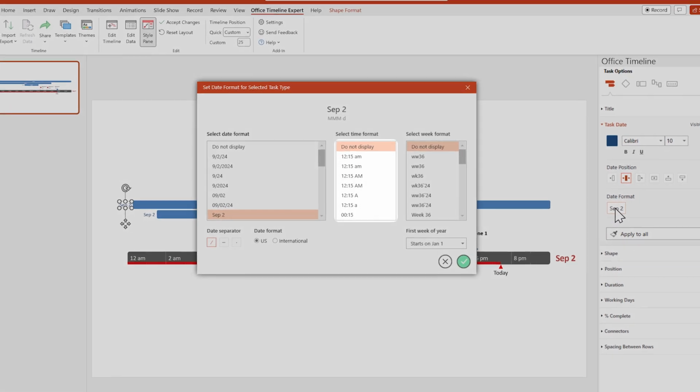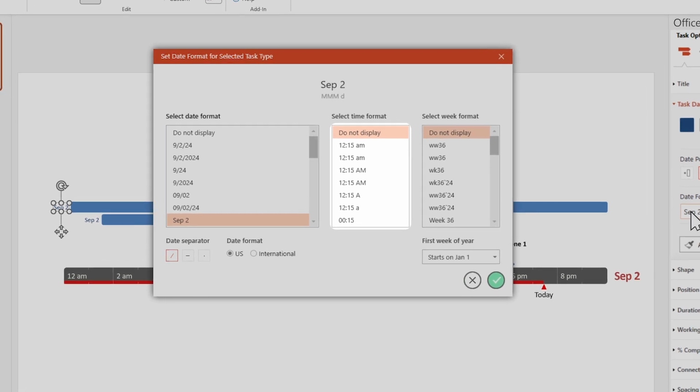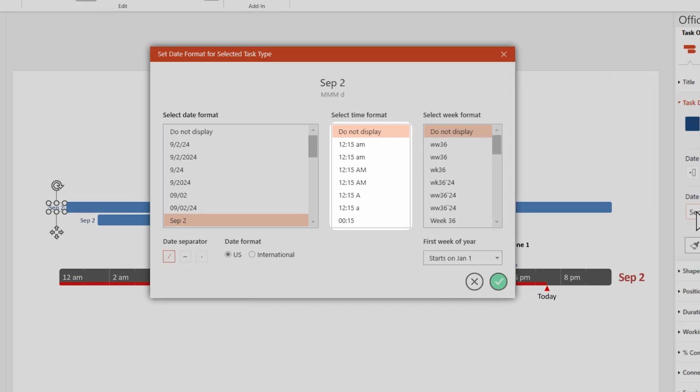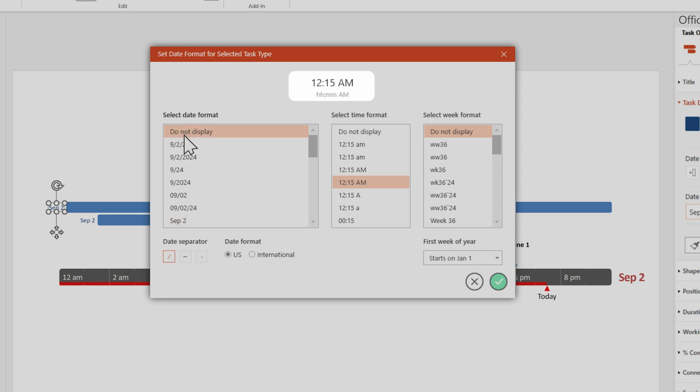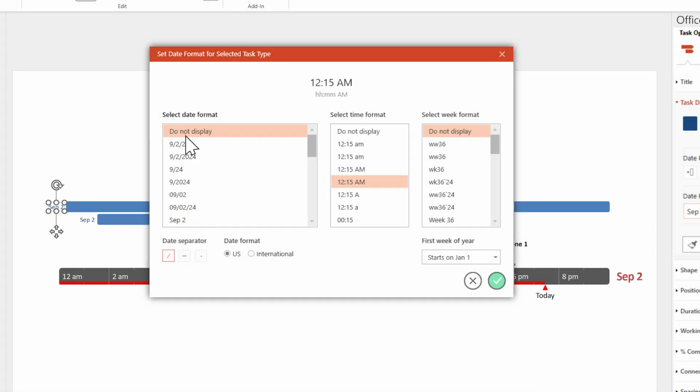Use the list in the middle of this new window to select the time format you want to use for your hours and minutes. You can even use the list on the left to hide the calendar dates from your items, leaving just their exact start and end times visible. Once you're done, click Accept,